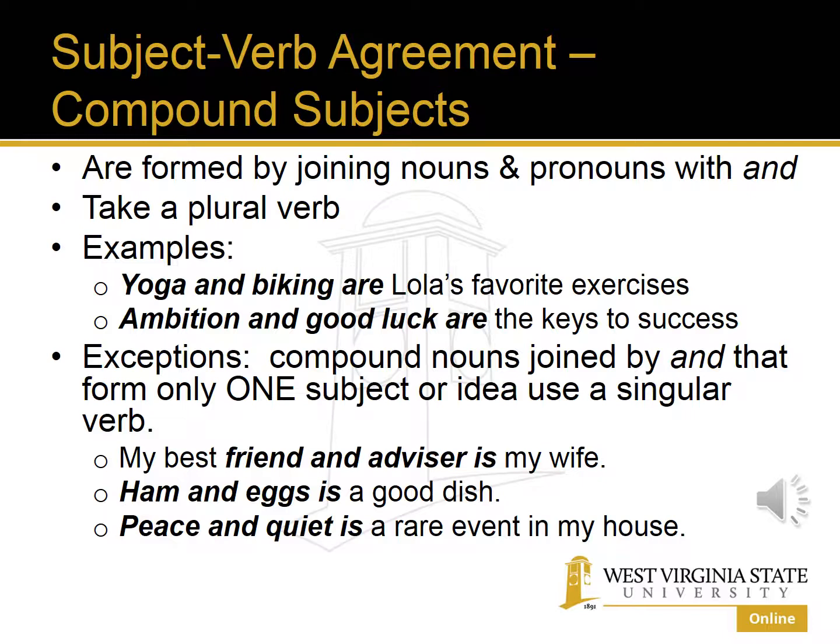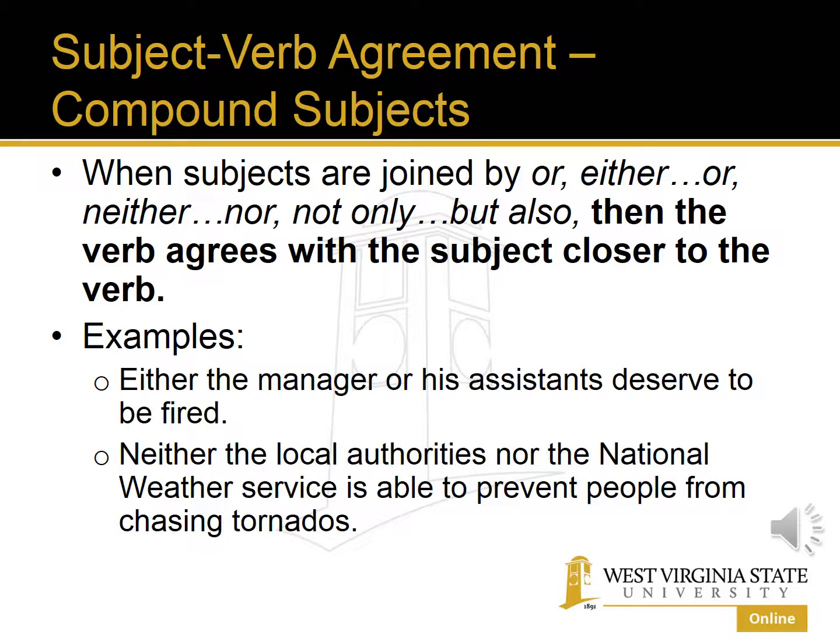They're all singular. So it's easy to say, okay, it's my wife, one person, and she is both my friend and my advisor. So single idea. One dish, the dish is ham and eggs. One event, peace and quiet. So that's an easy way to determine whether the subject is a compound subject that's singular or a compound subject that's plural. Another confusing area with compound subjects is when the subjects are joined by the conjunction or,